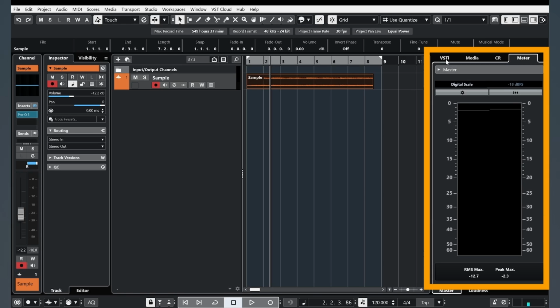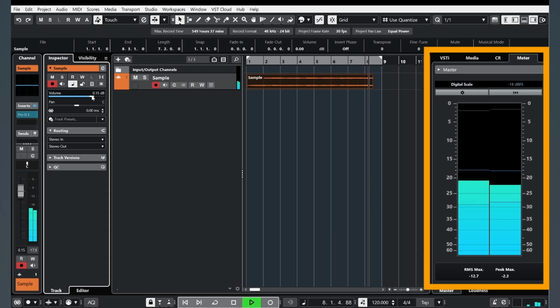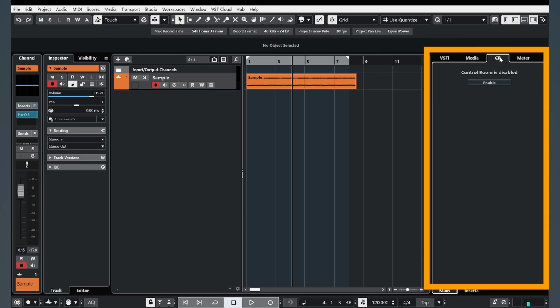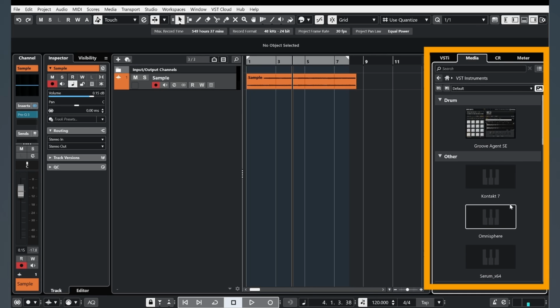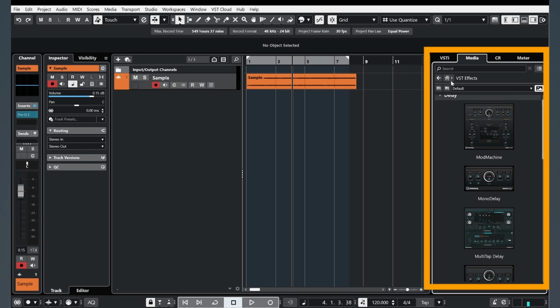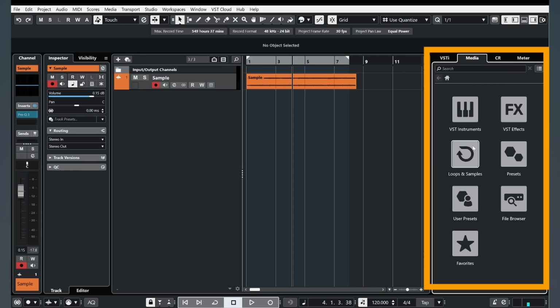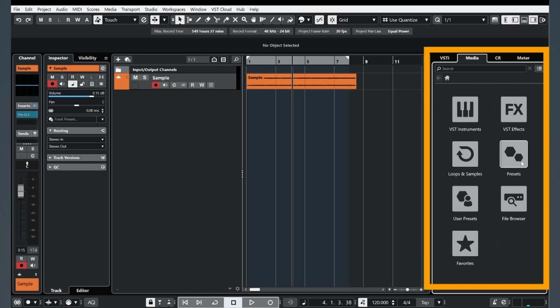On the next window we see VST, Media, Control Room, and Meter. Let's do this on the center. And we can see volume. Control Room, we will check it in the next videos. It's Media. We can find this some instruments. If we click on this home button, some effects we have on our computer, some loops, some presets,